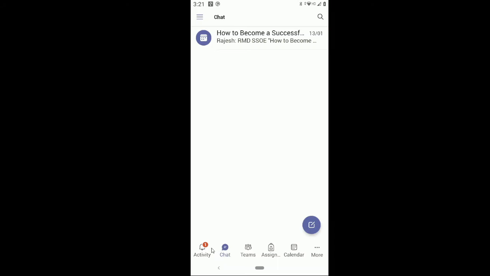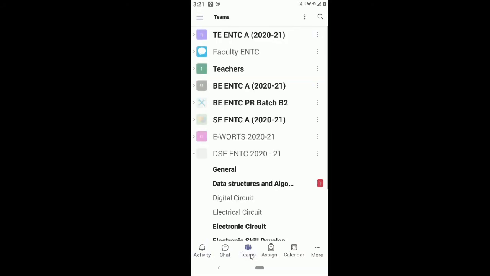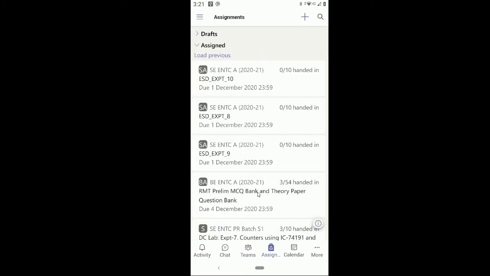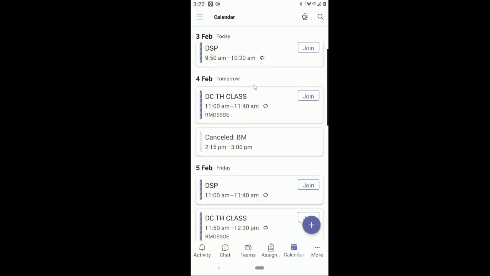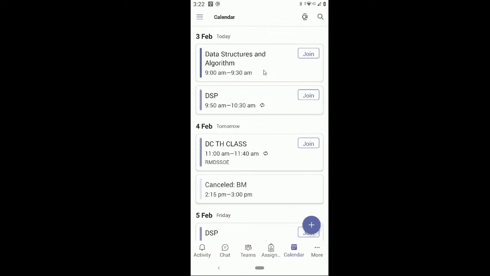Just the way we had some icons inside the Windows app, similarly we do have activity, we have chat, we have Teams, we do have lots of Teams over here in my login. You do have assignments. It will take a little more time to load. Here we do have calendar, and yes, we do have various lectures associated in the calendar with my team.